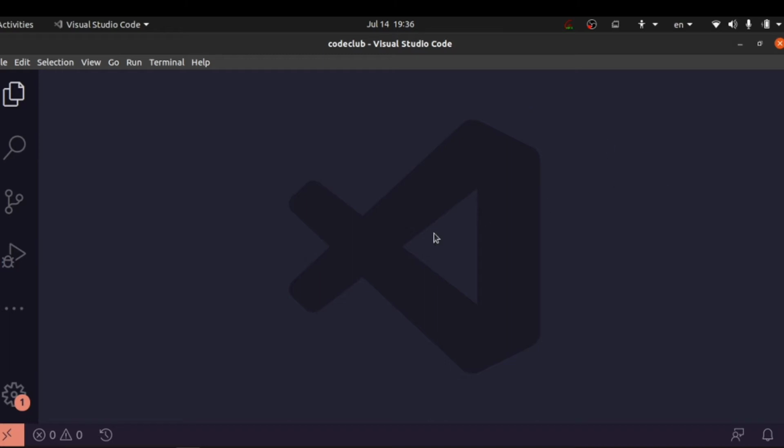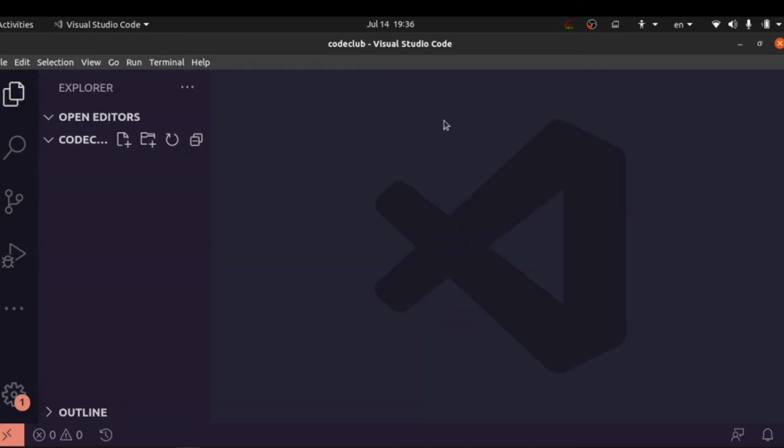But let's start with our first program. For writing our program we need an editor, and Visual Studio Code is that editor. When you launch Visual Studio Code, you will see a palette like this, and first you have to create a file. You will find options like this: by this you can create a folder, by this you can create a file. I am going to create one file, as it is our first program. So let's name it first,